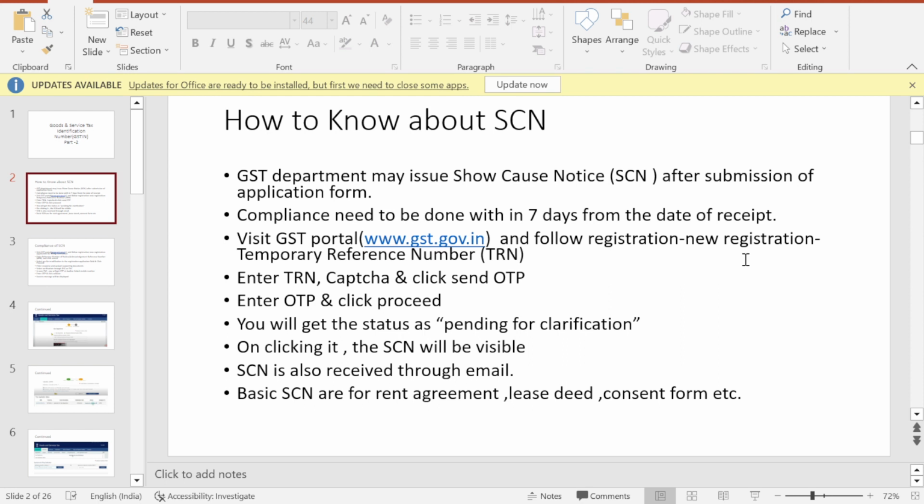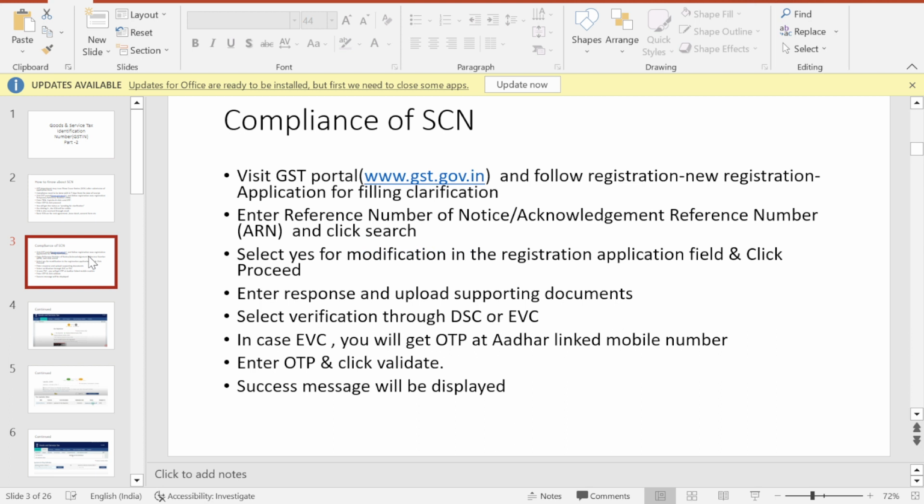One is new registration, second is temporary reference number, and third is application for filing clarification. So what we have to do?